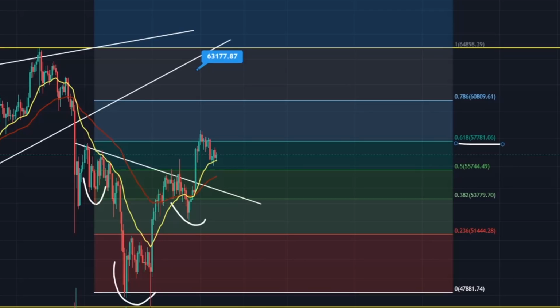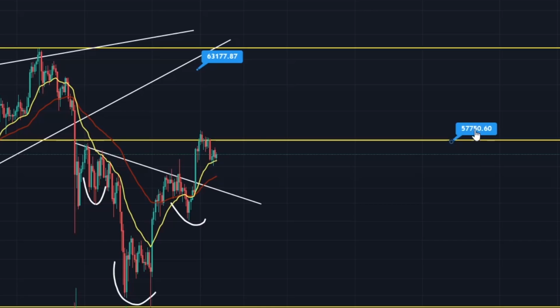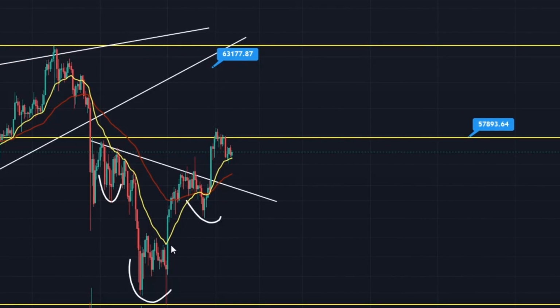So again, I'll drop this particular target on here for you. That's that target there, roughly. I'm going to bring that properly into a line just there. So yeah, around there. If you do start to see Bitcoin close above that particular level right now, and I'll drop that in as well, a little line. So if you do start to see Bitcoin close above that level, just like that, then you're looking at continuation of potentially marching onto a price prediction up there off that inverse head and shoulders right there